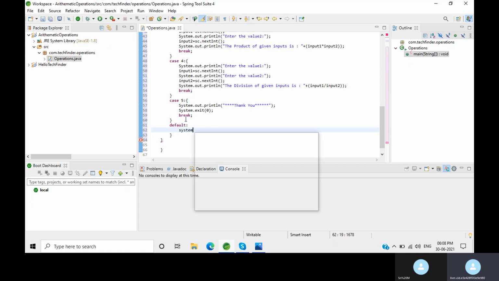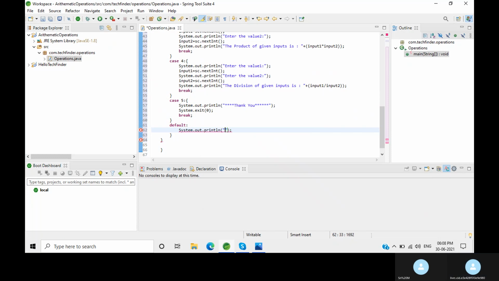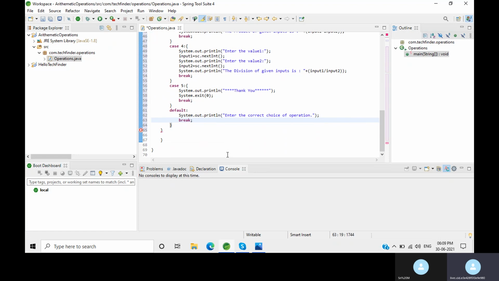Here we need to prompt the user that if he didn't enter the correct choice, then the default statement will execute. So we need to tell the user, enter the correct choice of operation. That's all. Then break.